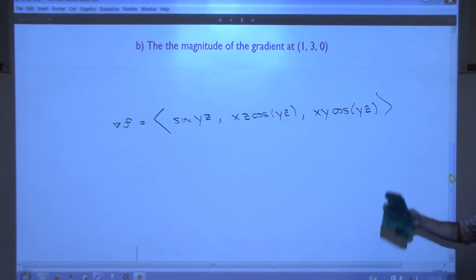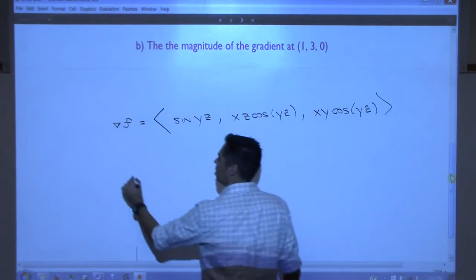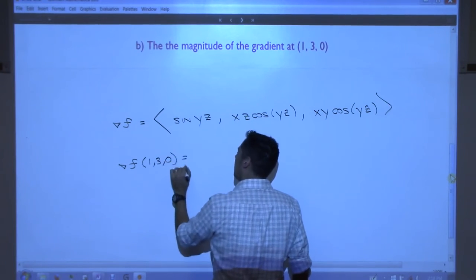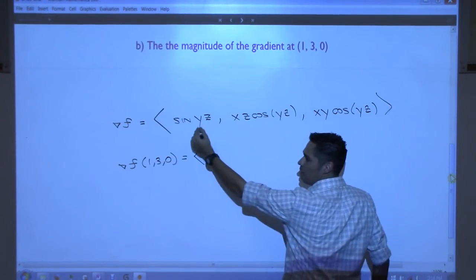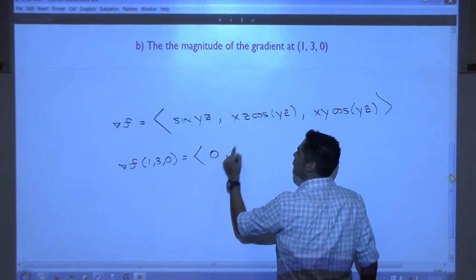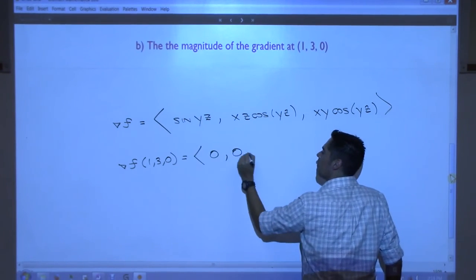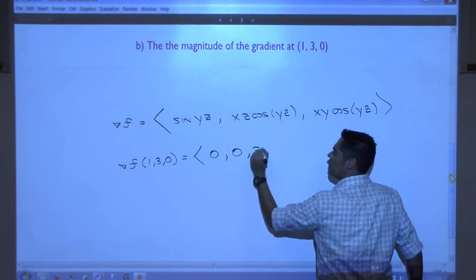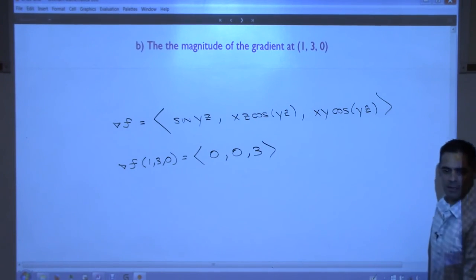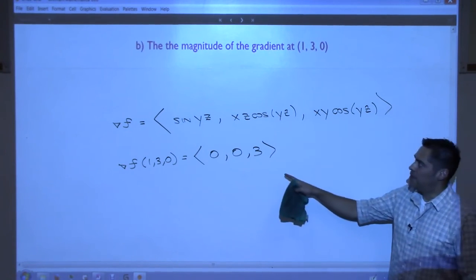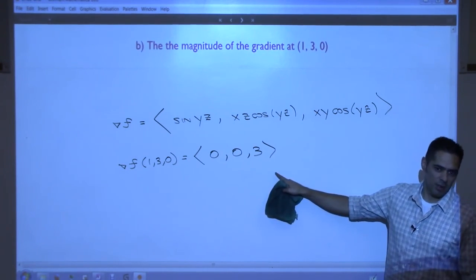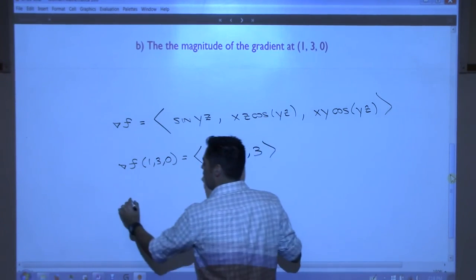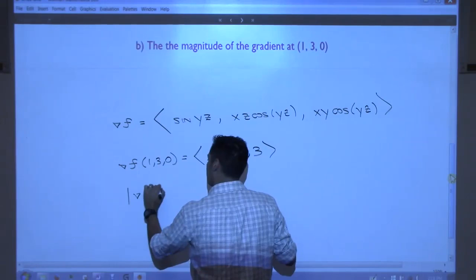And all I need to do now is plug in the point (1, 3, 0). The gradient at (1, 3, 0) turned out to just be, well, this was 0, and this one was 0, and this one turned out to be 3. That's not the magnitude of the gradient. That's just the gradient. I need its magnitude to find the maximum rate of change. So the magnitude of the gradient of f, and this one's an easy